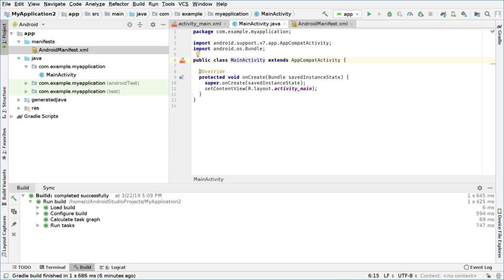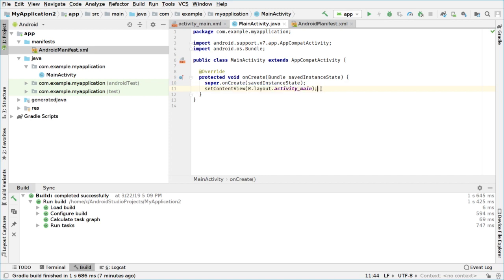We can also see that we have an override protected void onCreate method. This method is called when the app is created. In other words, this method is called when the user taps the icon of the app. So if you tap an icon on your Android device to launch your app, then this method will be called. First it calls the super method, which tells the system we are being created, which is not really important for now. What is important is the next line, which says setContentView